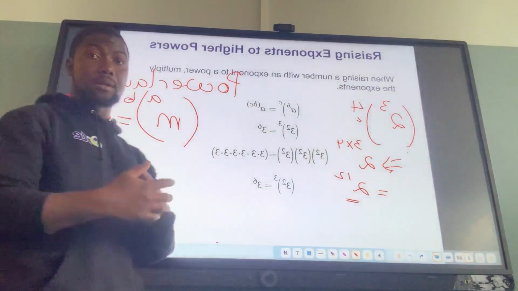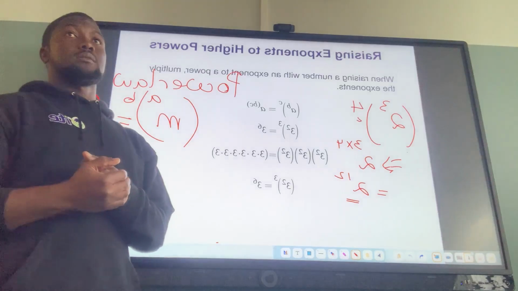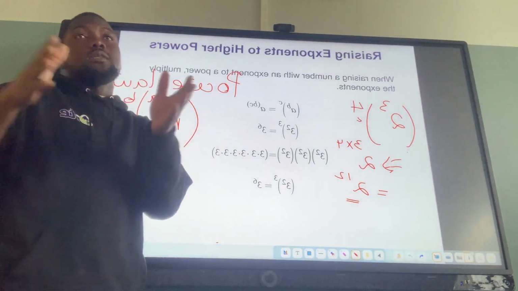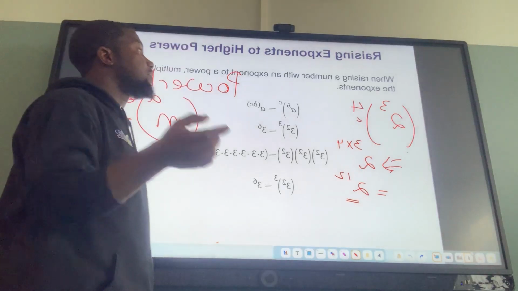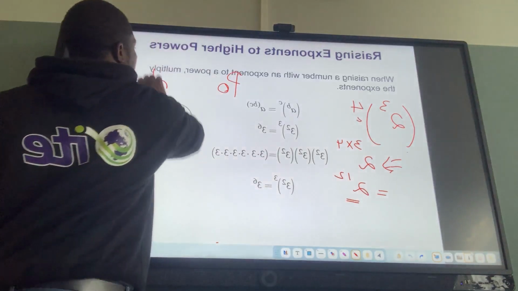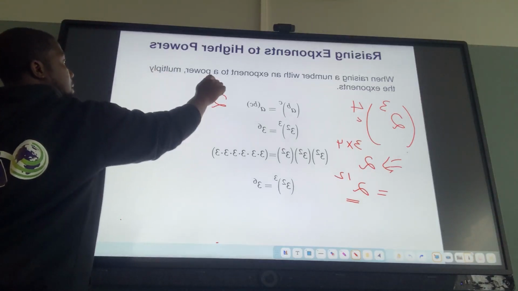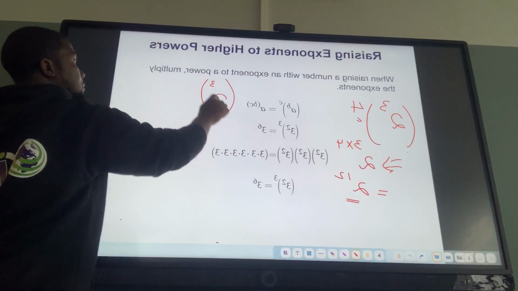Alright, so anytime a number is raised to a power, you multiply. Anytime a number has different powers, you multiply the powers together. So even if the number has 3 powers, you multiply all the powers together. For example, 2 raised to the power 3 to the power 2